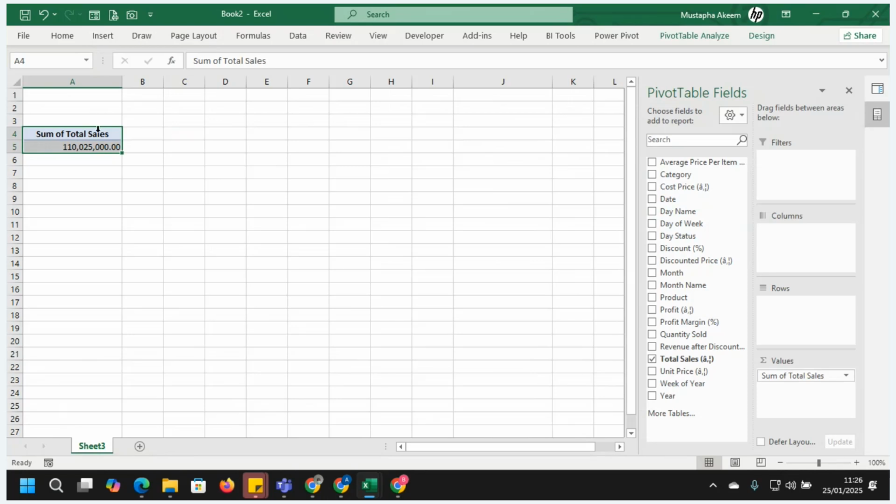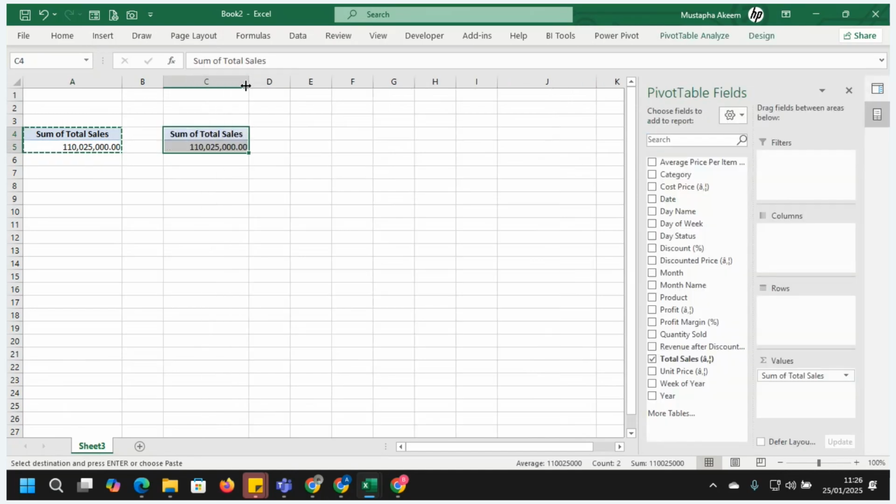Let me copy this. Control C. I'm placing it here. Control V. So I want to do some analysis on these cells. Sorry, I don't want this sum of cells. Let me remove that. Just need total cells. This time around, I want to use total sales